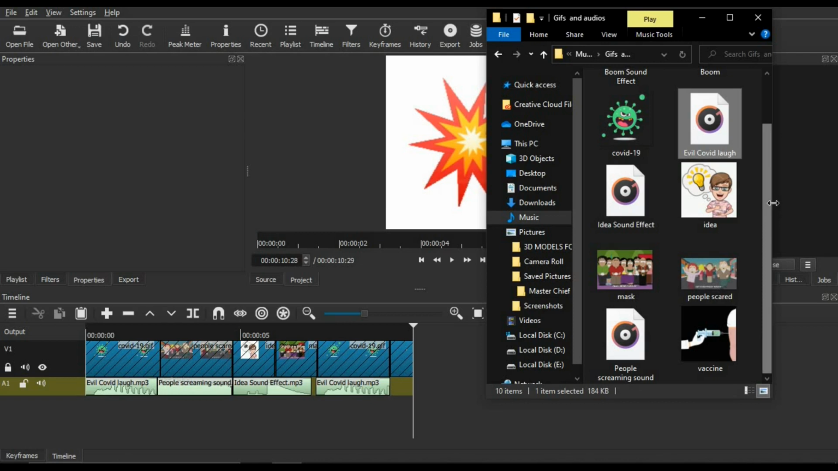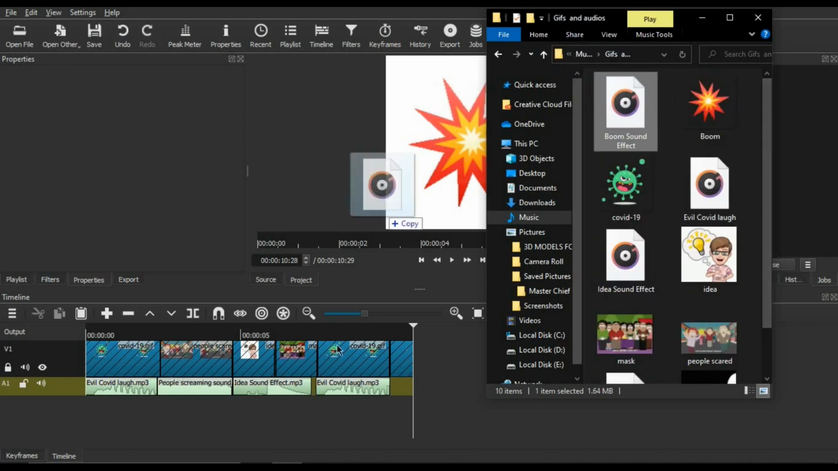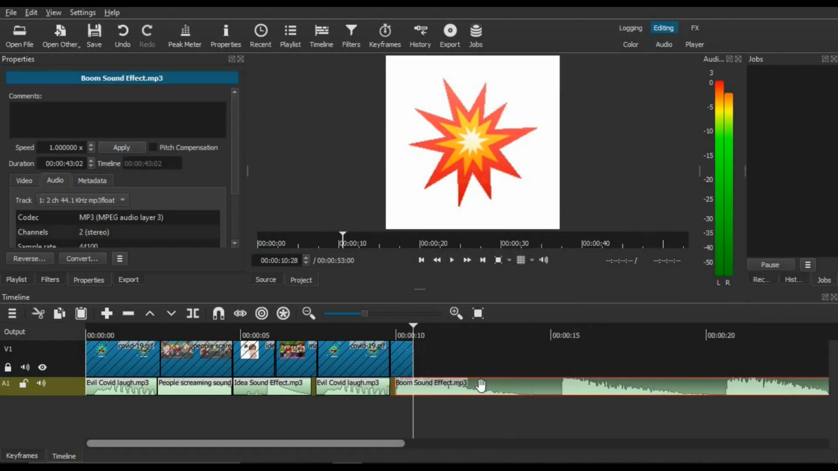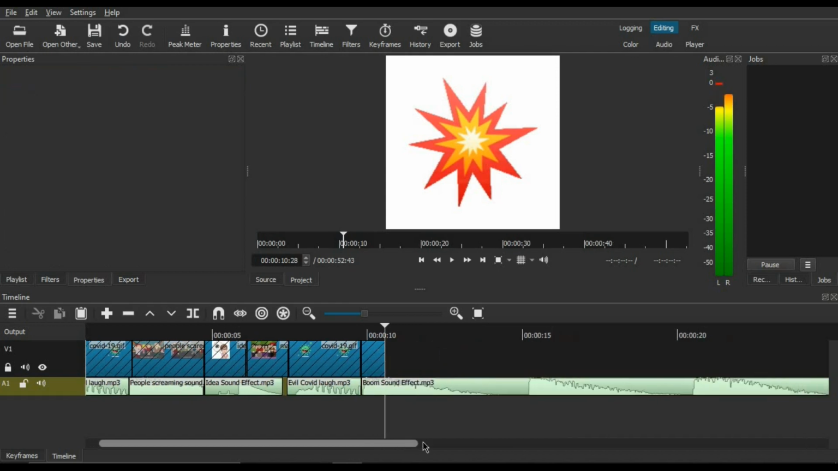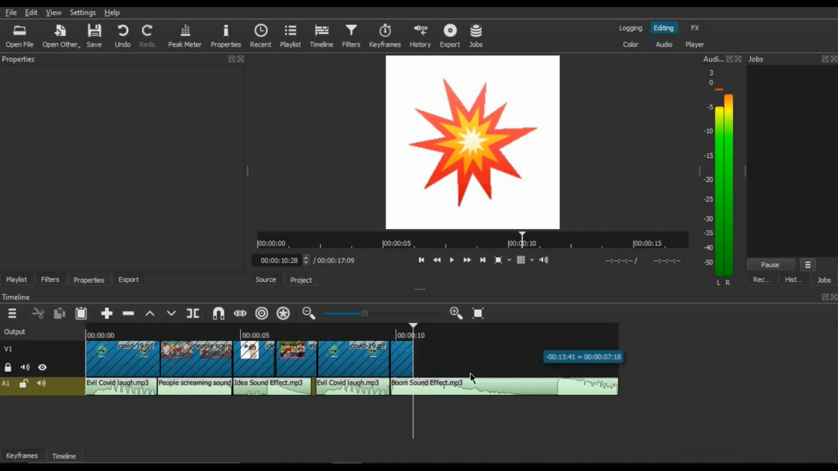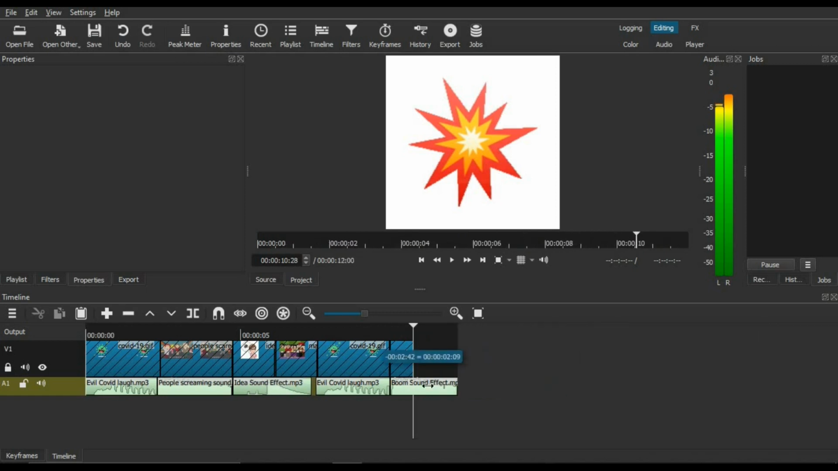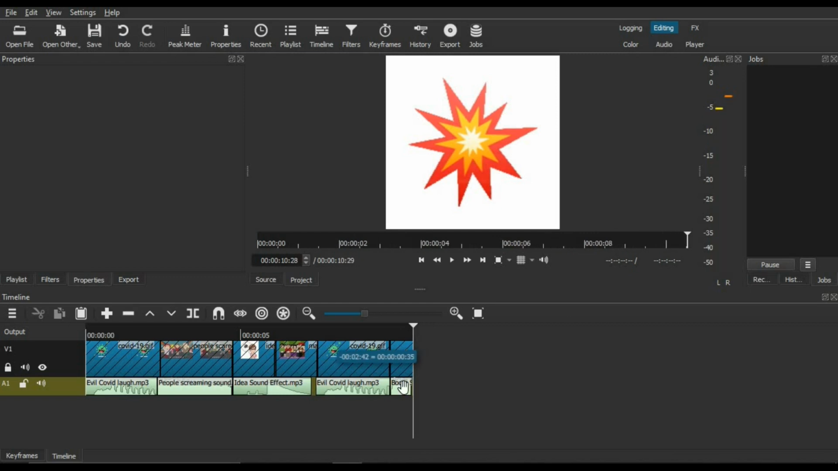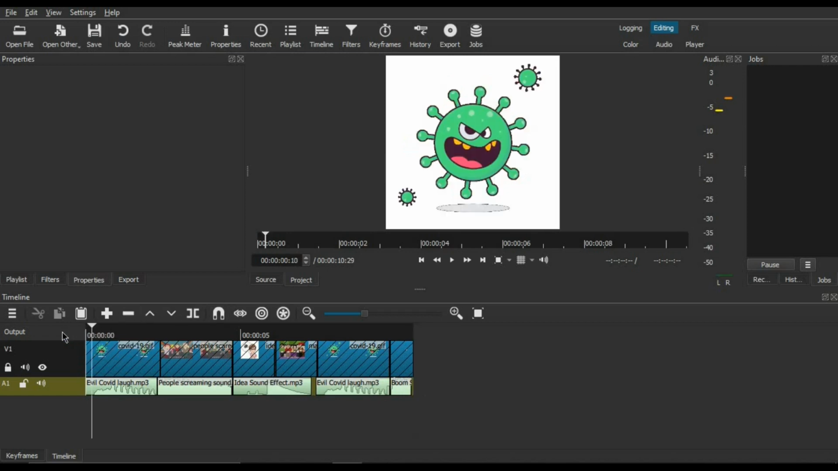Next, let's add our boom sound effect, and just drag it over here. That's all, we are done. So just make them close a bit, and you gotta go to the end by scrolling. As you can see, the boom sound effect is very large, so don't worry, you can just minimize it. And also when you're dragging this, you might hear a sound. Don't worry, that sound is the boom laugh sound, so no need to worry. So now if you play the GIF now,